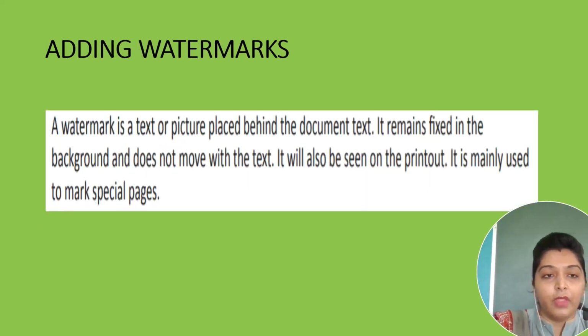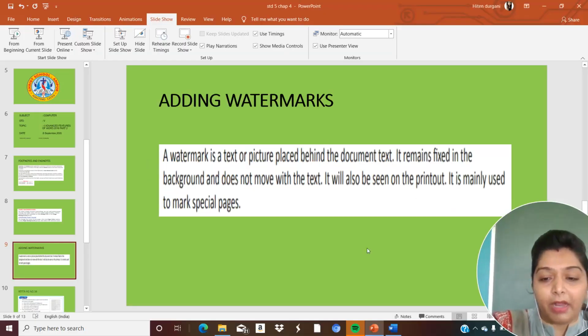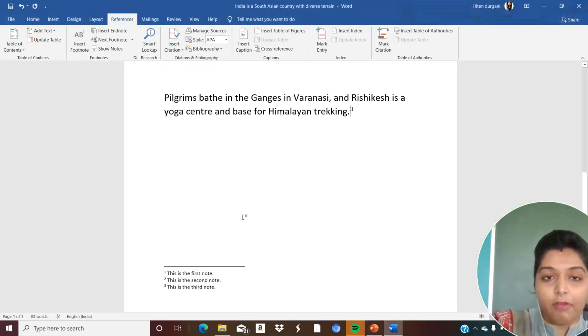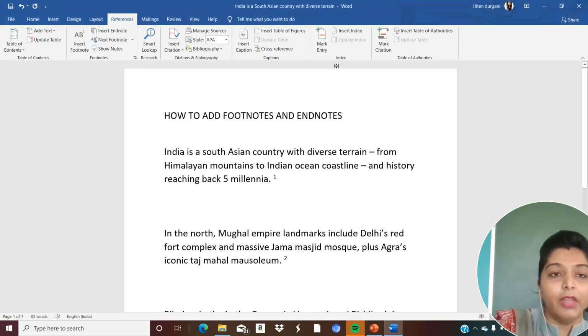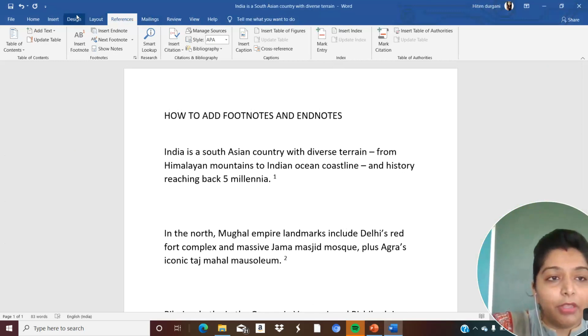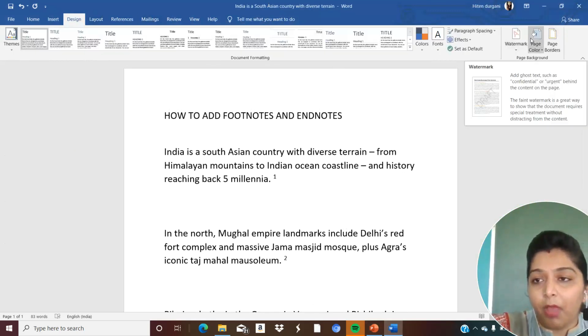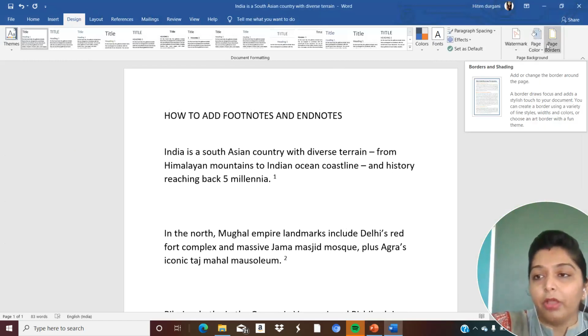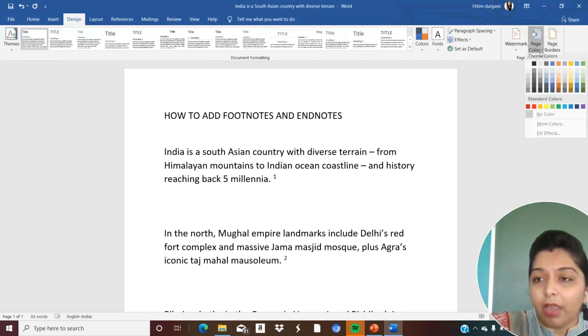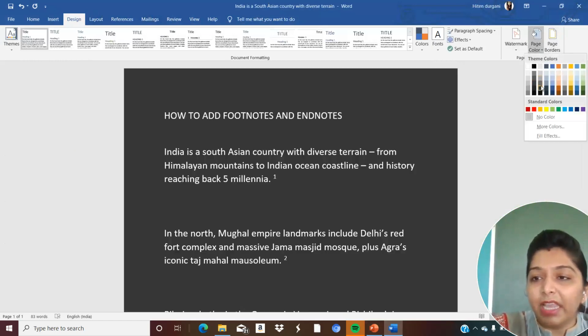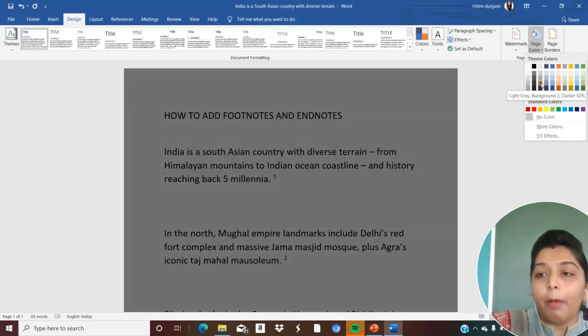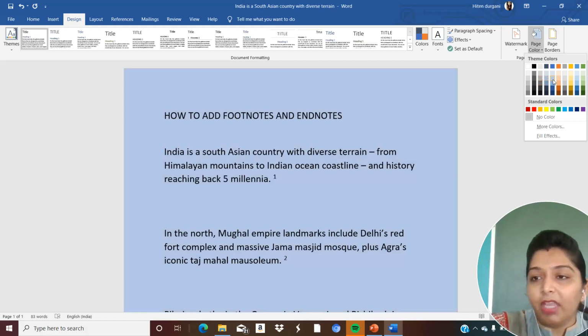Okay, dear children. Now, first I will show you the practical of this. This is our Word document. Okay, we will click on the Design tab. Here is the Design tab. See, here are the 3 options: watermark, page color, and page border. Here you will click on the dialog box and you can select any of the color to apply the page color. आपको background में जो भी color चाहिए, we can add it.